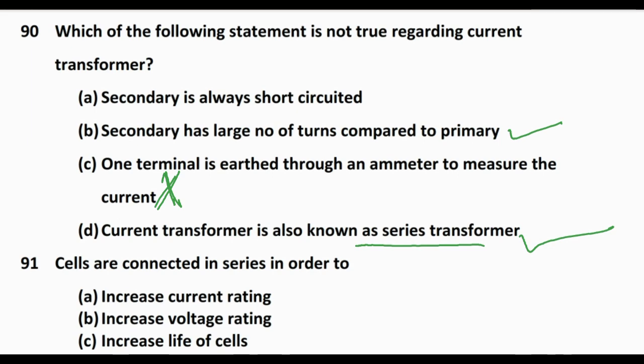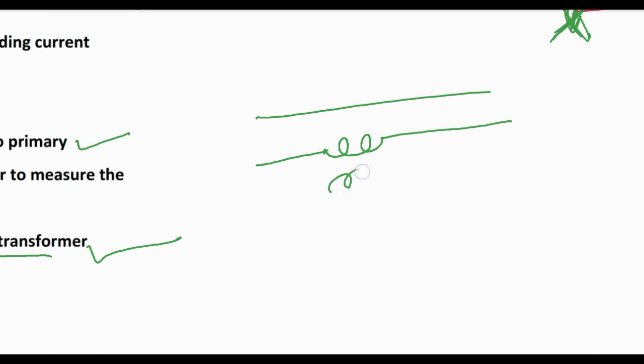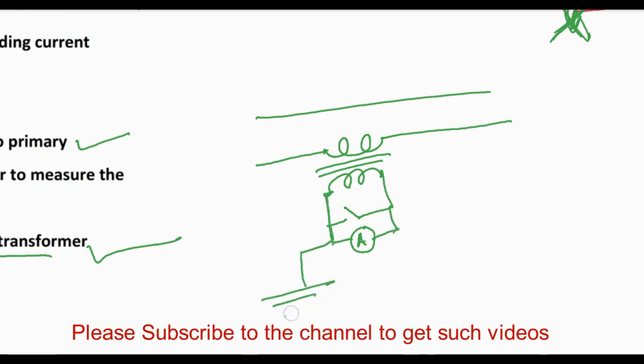So in case of current transformer, suppose this one is the line, and here there is the current transformer, there is a switch. Generally there is a switch, and here an ammeter is connected, and the same part is generally connected to ground. It is not through an ammeter. The ammeter is generally connected in between the two secondary terminals of that CT.